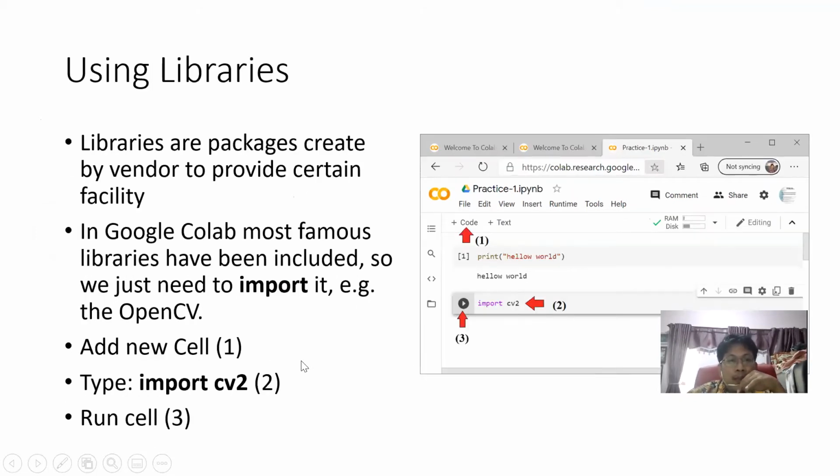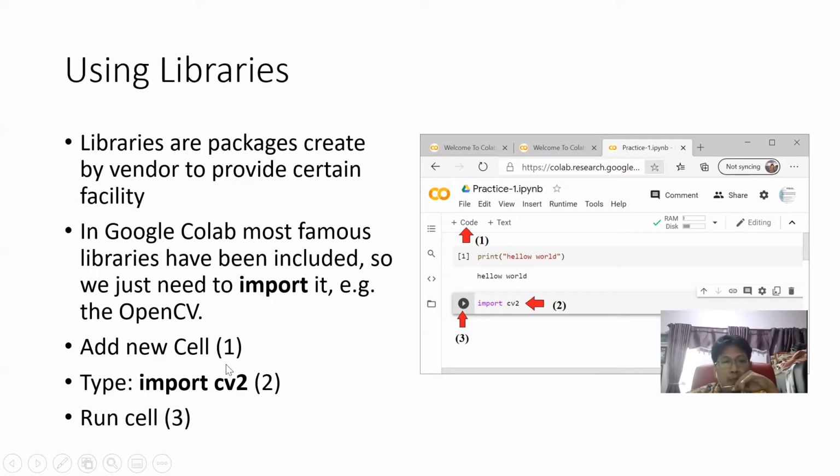And then we use libraries. Libraries are packages from many vendors. Actually, we can also use our own package, but on the internet we easily find famous packages, for example TensorFlow, NumPy, Pandas, etc. For example, we use OpenCV, Open Computer Vision.